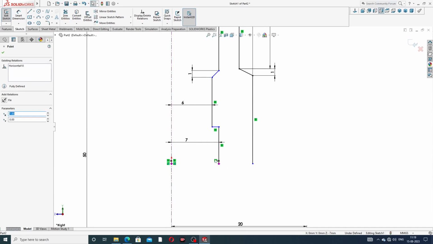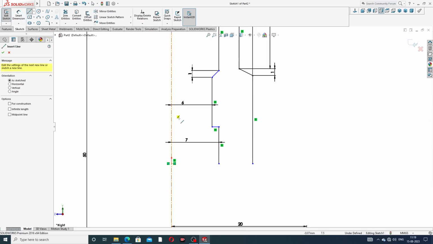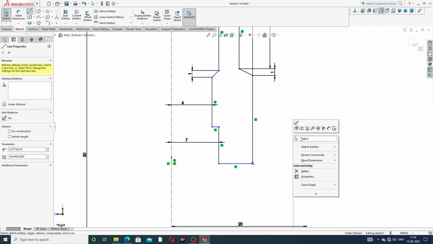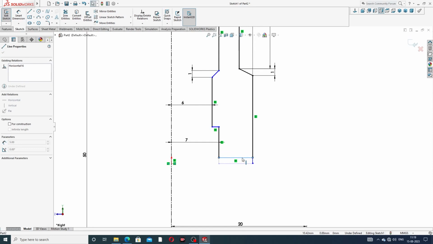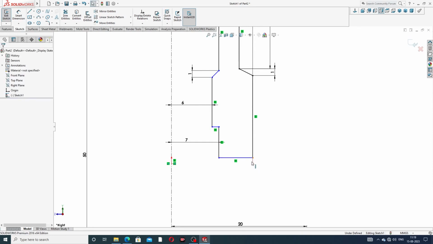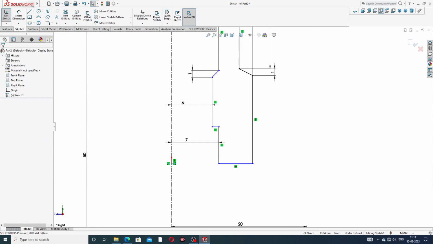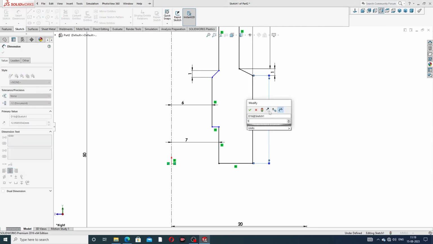Some relation is this, delete here, and line is drawing this. Okay, this line is drag here because this relation is not. Okay, and this is 11 millimeter is perfect